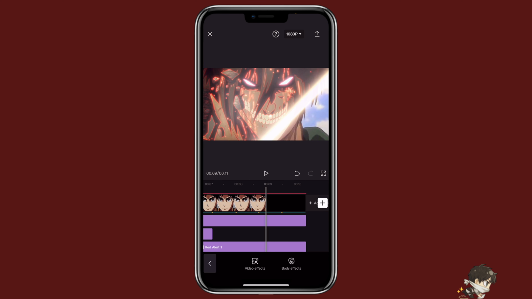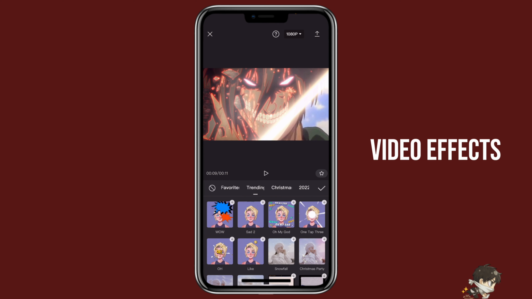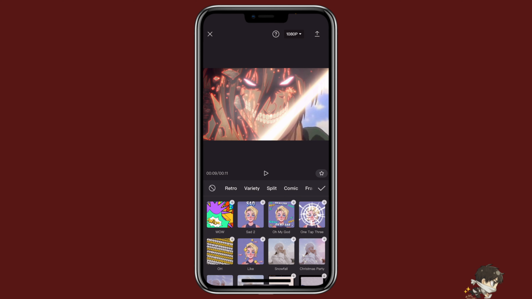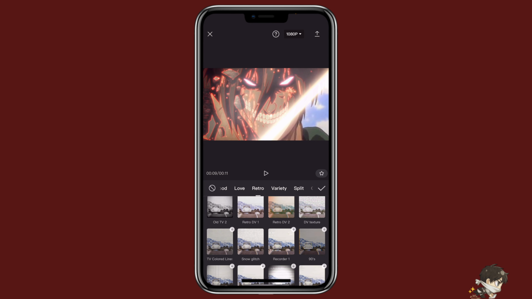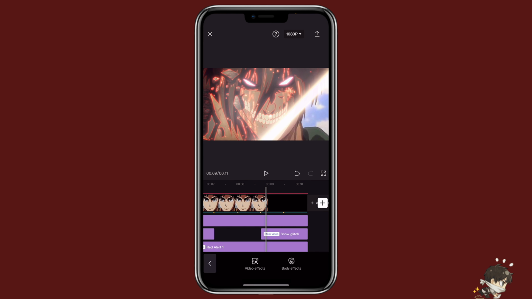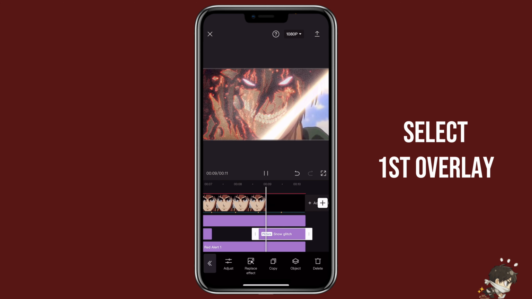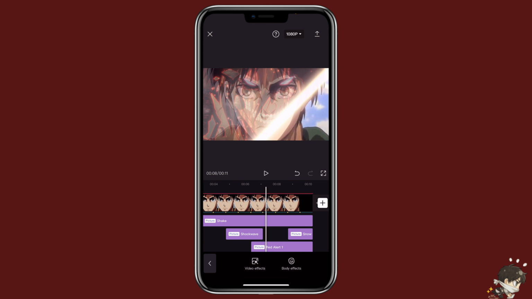Then go to the last 2 beats, click on video effects again, select retro, then you want to select snow glitch. Same thing with this one, you want to click on it, click on object and then select overlay. With the effects, you can really play around with what you like. This is just what I have.